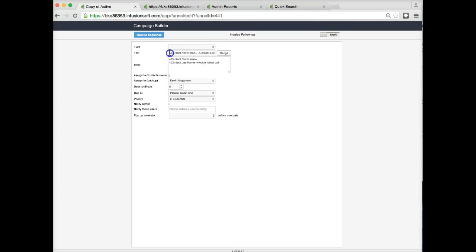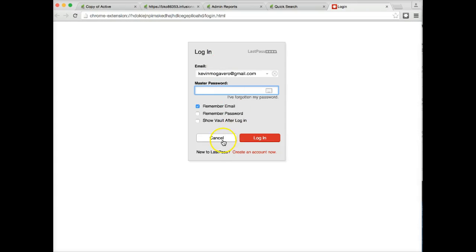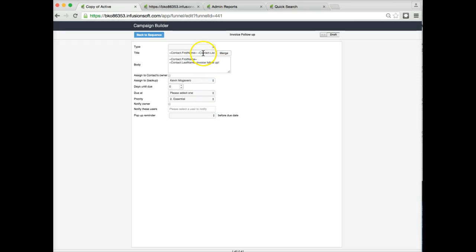And so the invoice here, I created the first name, last name, and then invoice follow-up. And the reason that I like to put first name, last name here is because, let's say that you're using My Day, all the tasks are set up on the side, and I like to know who the task is for. Where if you just have, let's say, this end part like invoice follow-up, cancel, if you just have this invoice follow-up here, this last part,